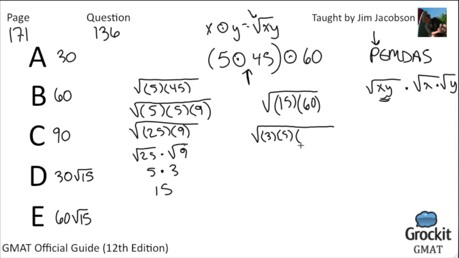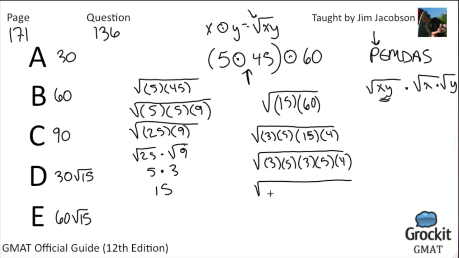And 60 is, well, we could say it's 15 times 4. And we can break that down even more. We can leave the 4 as it is because that's already a perfect square, so we don't have to do anything with that. But we can see then that it's 3 times 5 times 3 times 5 times 4, which is the same thing then as,